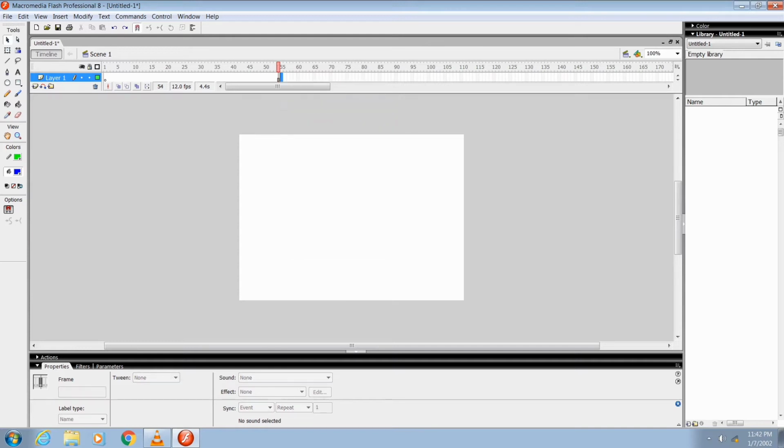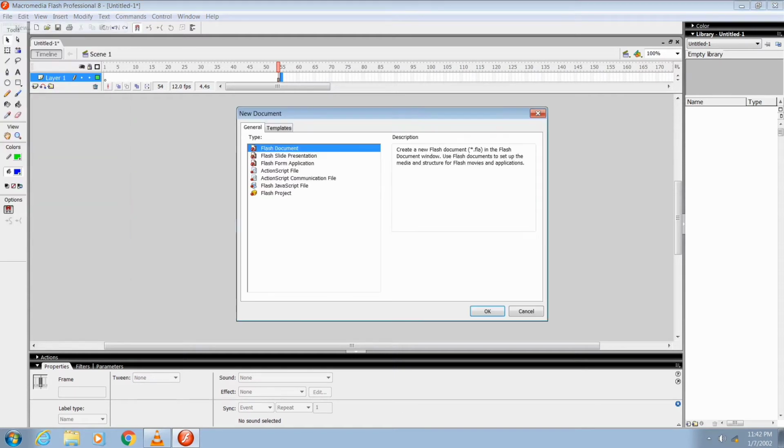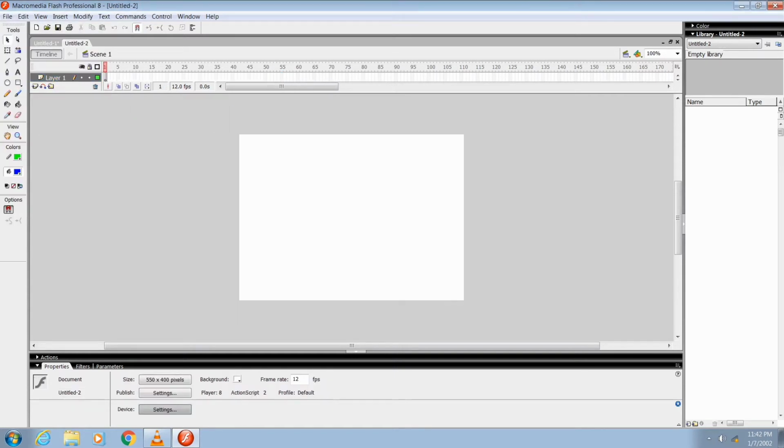Then I am telling you how to create a symbol. To create a symbol on the stage, this working area is known as the stage. Click on the object to select it.